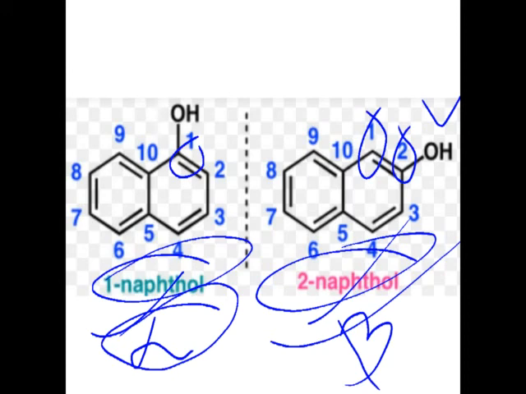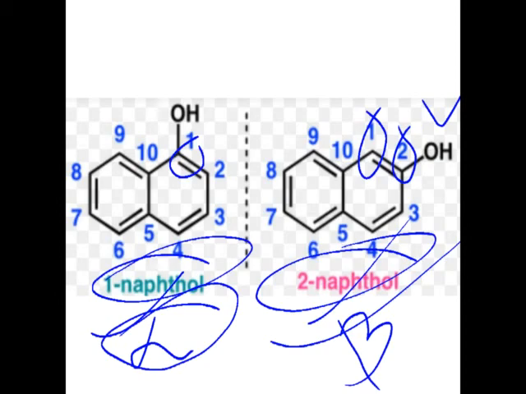So what is naphthol? Or what is the structure of naphthol? If a benzene ring is fused with the phenol, the structure becomes the naphthol. And if in that naphthol the hydroxy group is at the first position, that naphthol becomes alpha naphthol or 1-naphthol. And if hydroxy group is present at the second position, then it becomes 2-naphthol or the beta naphthol. So what is naphthol structure? It is the phenol which is fused with the another benzene ring. So such structure is called as the alpha naphthol or the beta naphthol.